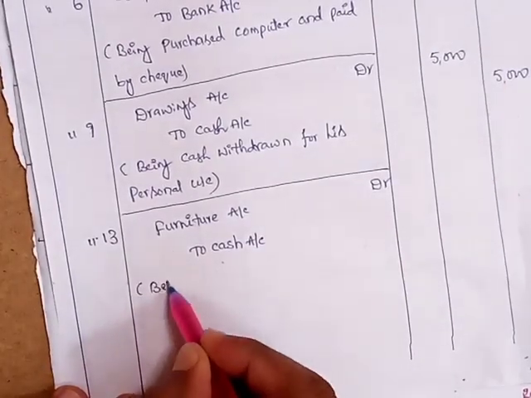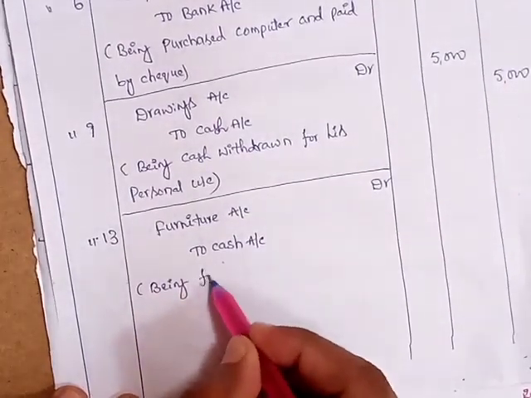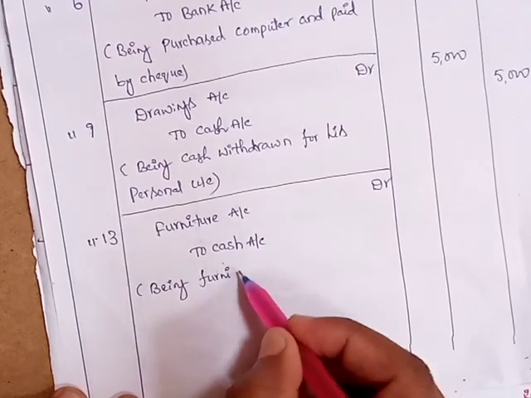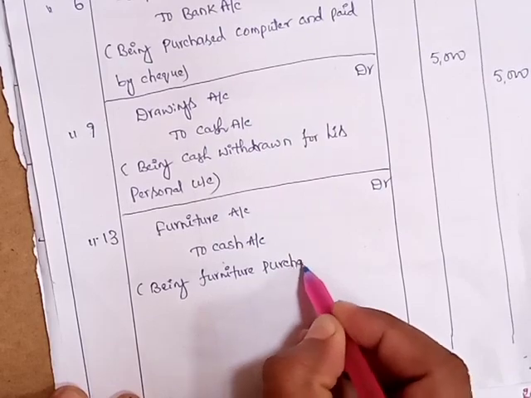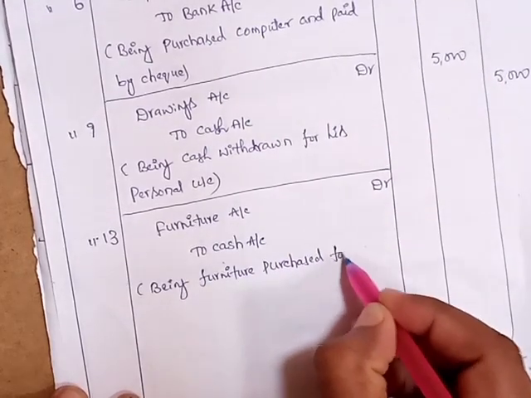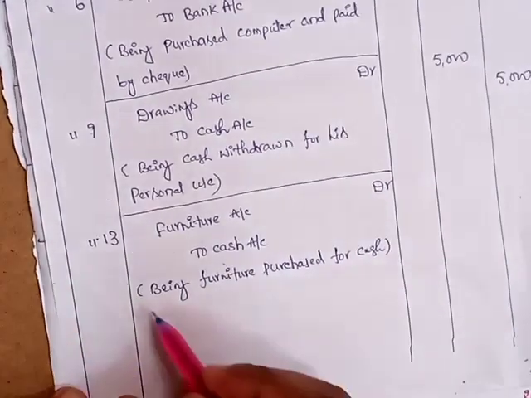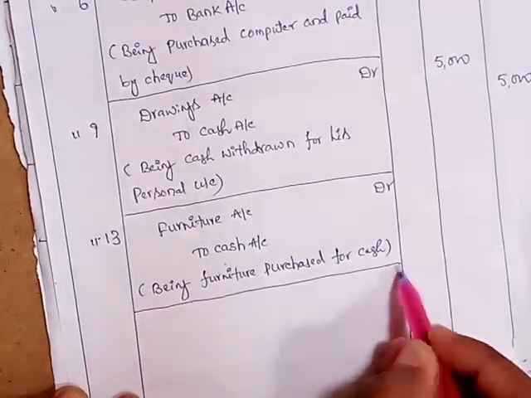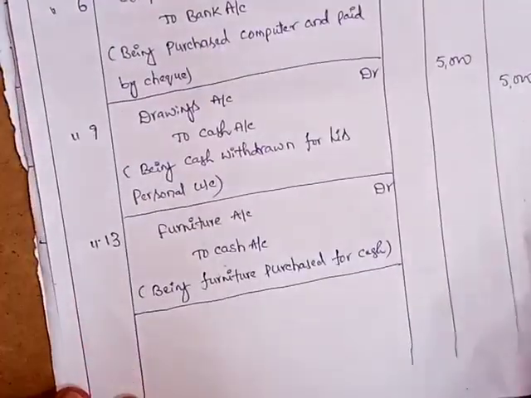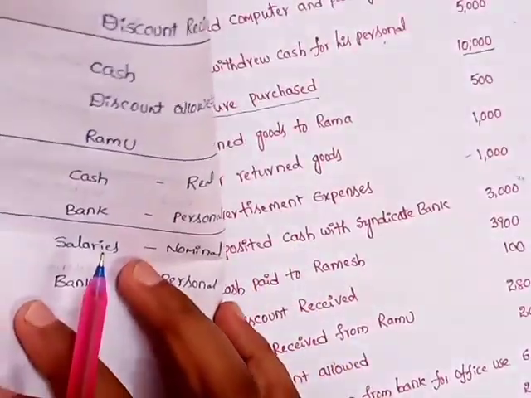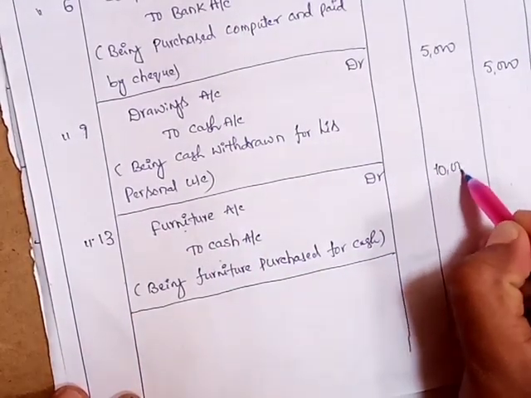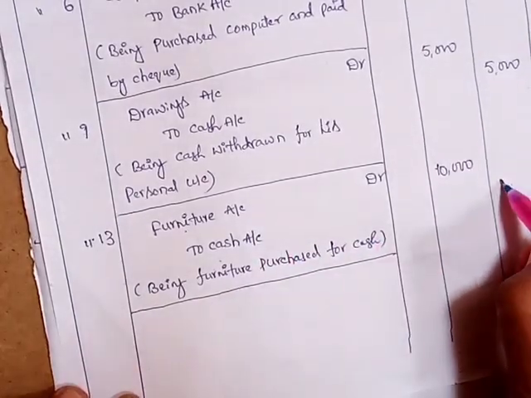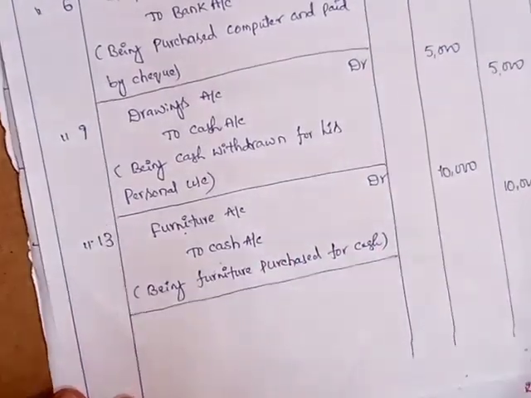Narration: being furniture purchased for cash. So what is the amount here? 10,000. So against the debit line in debit column 10,000, against the credit line in credit amount column 10,000. So next,